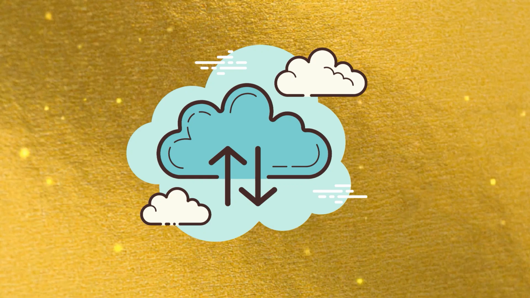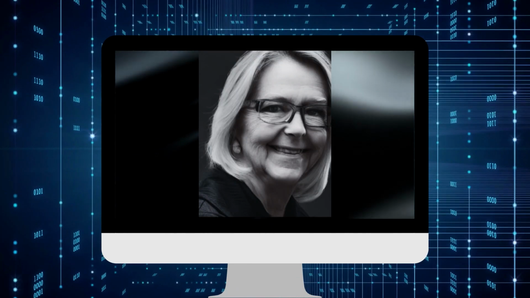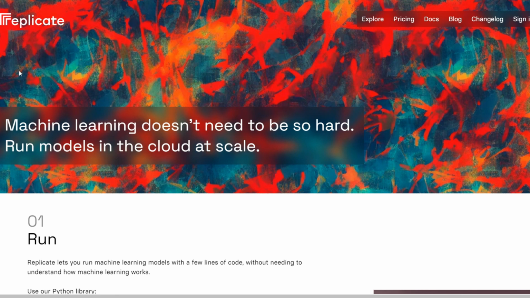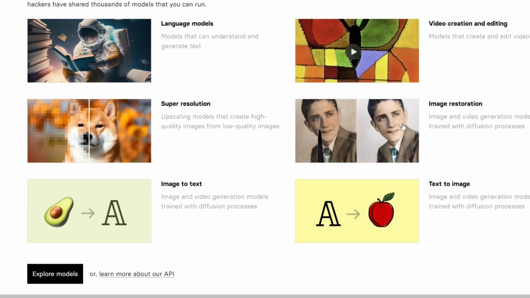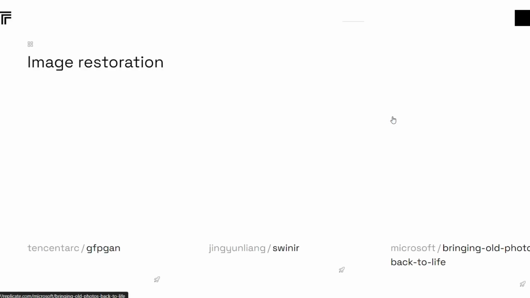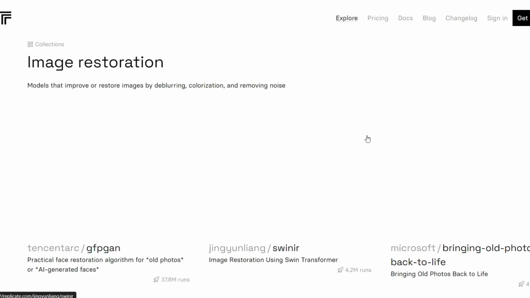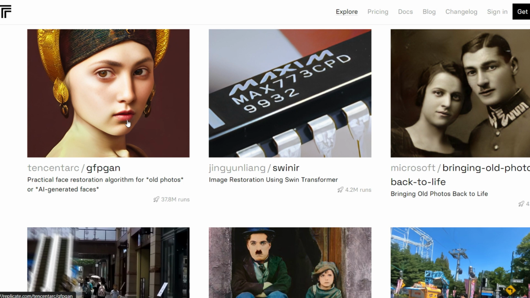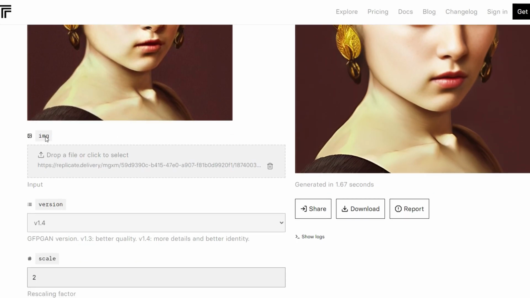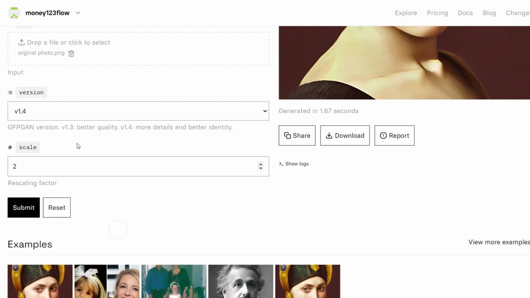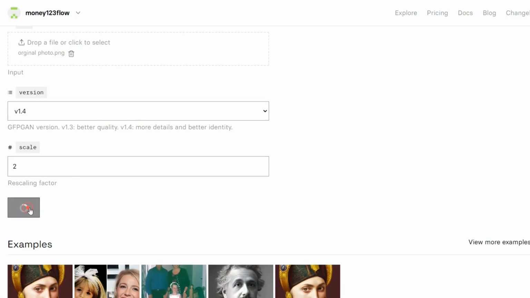For example, if you want to restore an old photograph like this one, you should visit the incredible website replicate.com. Several options for restoring images are available if you scroll down and click on Image Restoration in this section. In my testing, the first option over here does a fantastic job of editing and restoring old photographs. All you need to do is upload the image you want to restore, scroll down and click Submit, and you're